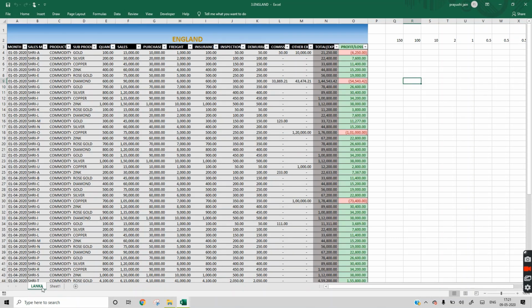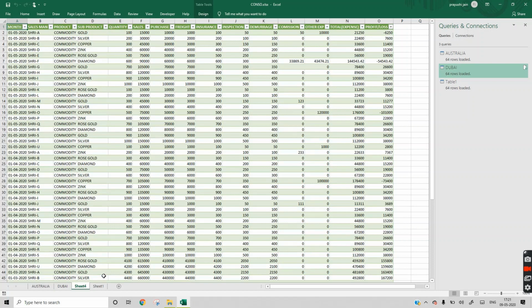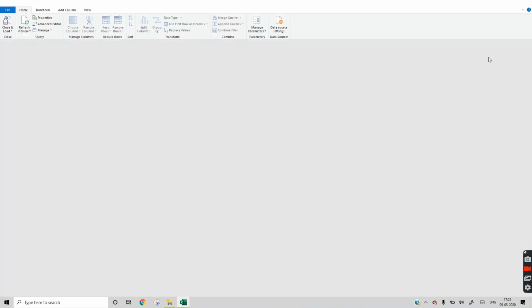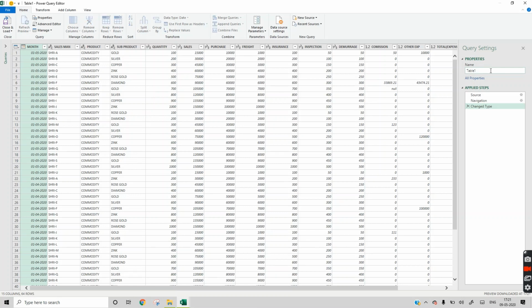As you can see that we have not changed the sheet to Lanka. So we will double click it, change the name to England, close and load.